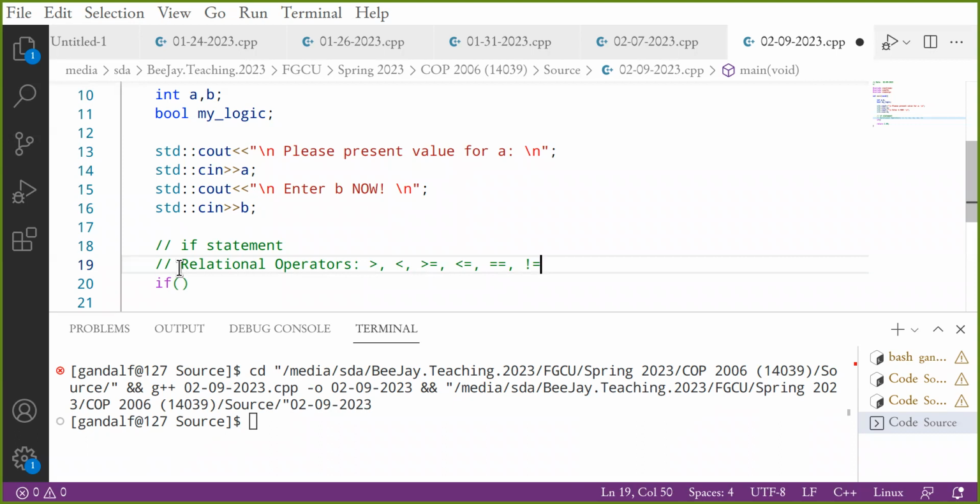So greater than, less than, greater than or equal to, less than or equal to, relational. The double equal sign is relational, yet at the same time can be treated as logical. Not equal, same. I see it as both, but most people consider them as relational. So if the number A is less than B,